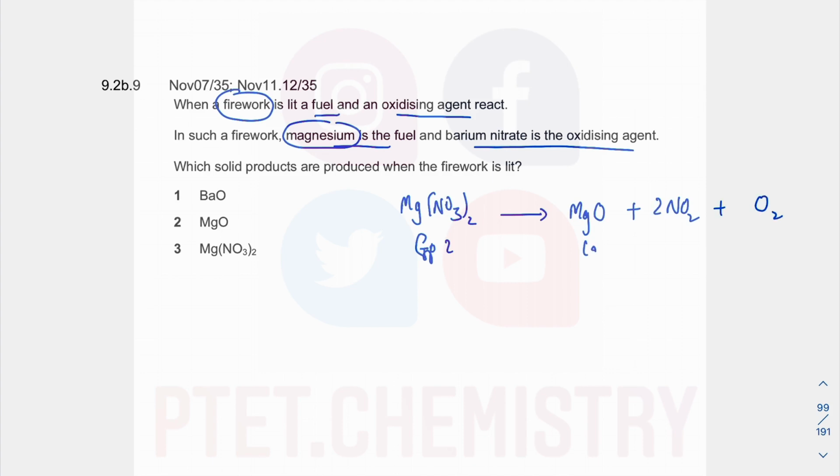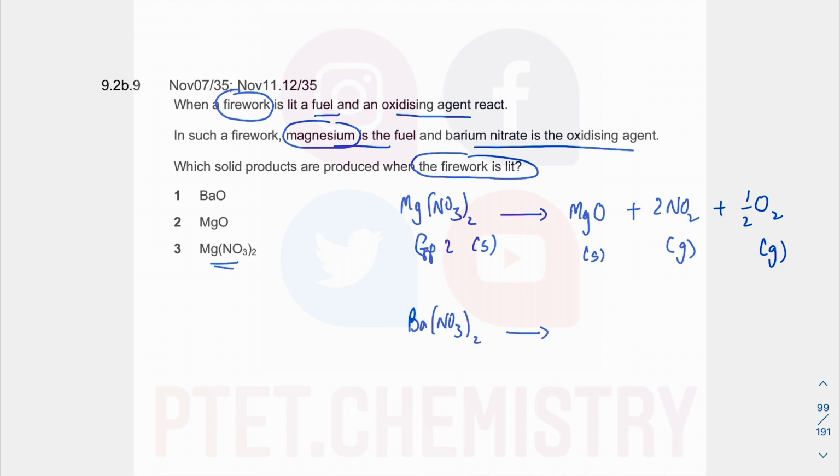So balance your equation. Solid magnesium oxide, gas, and you get half mole of oxygen gas. So we know the magnesium nitrate will not survive when you light the firework, okay? Neither will the barium nitrate, where the barium nitrate will get reduced because it has an oxidizing agent, but that is in that reaction. But you might have some barium nitrate left over, whatever barium nitrate that still hasn't